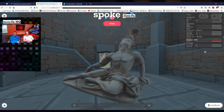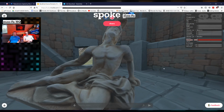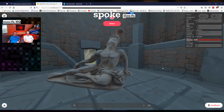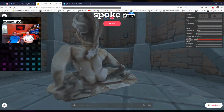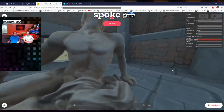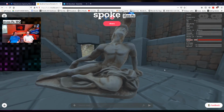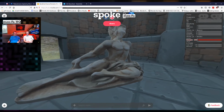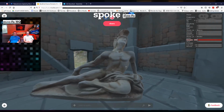What's our triangle count? We are down to 30,000. That's pretty good, considering it was almost 300,000 before. We brought it down. And the terrain isn't nothing. We're still at what, 10,000 for this thing? You can still see plenty of detail on it, even scaled up. But this is a performing asset now. It works. You could probably have a couple of these in the scene and you'd still be okay. Cool. So let's